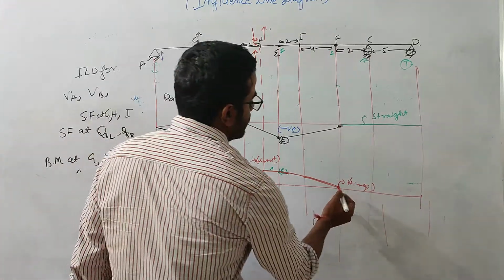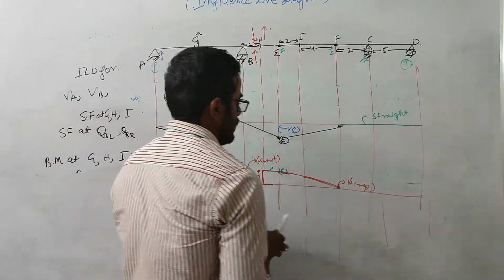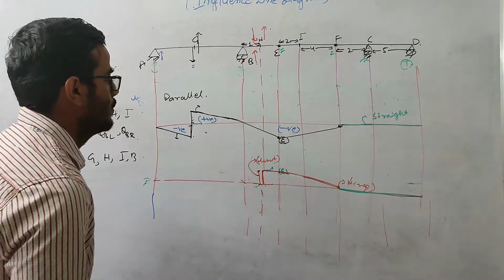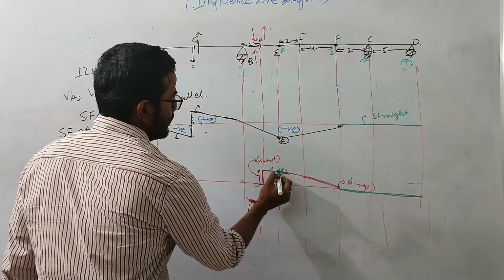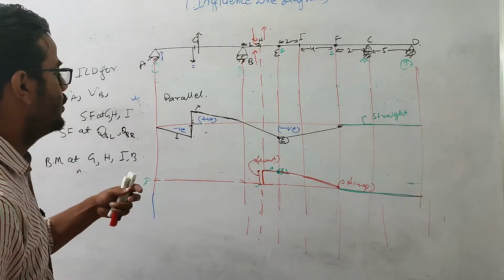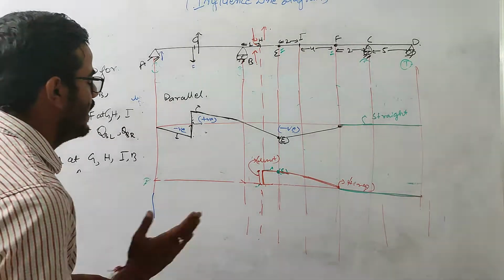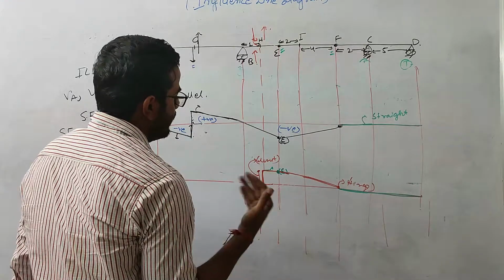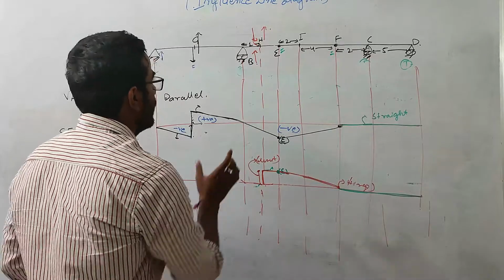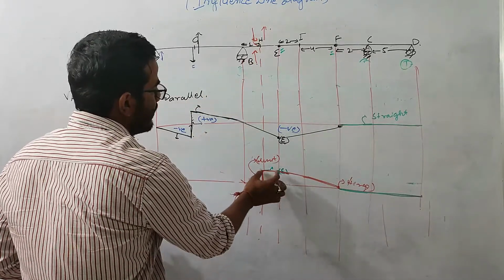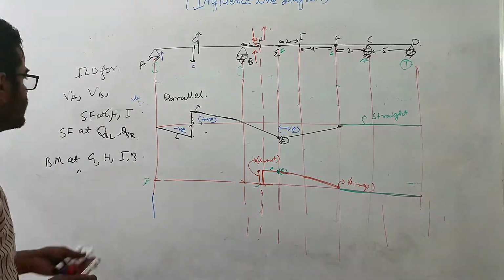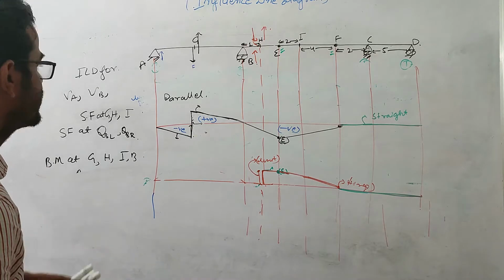Now this portion won't bend, again for the same reason. It will remain straight. So here we have some kind of a hinge. By taking care of the boundary condition, you can easily draw these things. Just like here, we are not releasing any moment over here. So the deflection diagram is a straight line for this portion, and a similar thing should happen over here. The slope should be equal. So this is the way you draw the ILD for the shear force at point H.